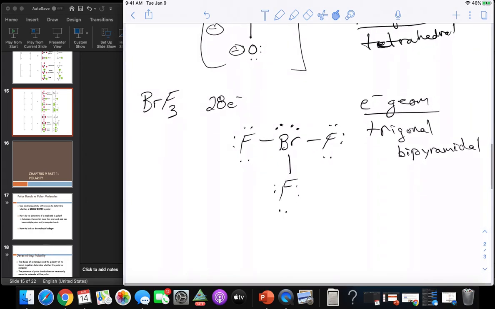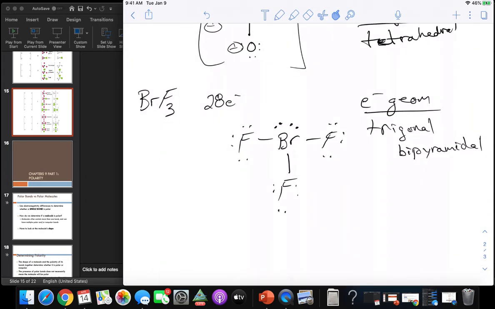Back to normal here. So you will sometimes see this abbreviated as TBP, trigonal bipyramidal, just for some shorthand, so that you don't have to write that one out because it is, I think, by far the longest one that we have to ever write for any of these different geometric shapes. And now for our molecular geometry,